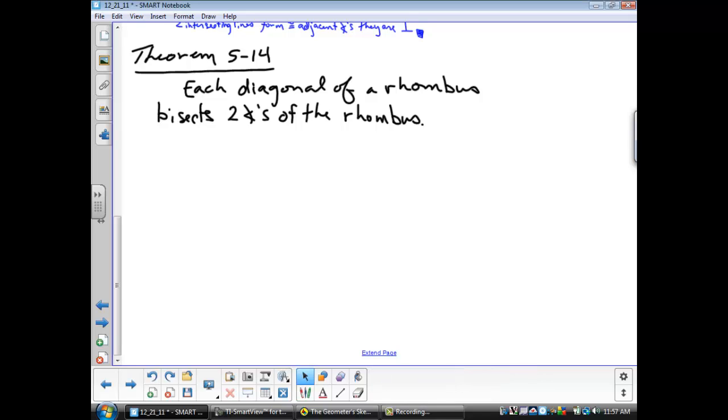Now, because we have a rhombus again, I need a parallelogram that's equilateral. And for the same reason, when I draw these diagonals, I am going to be forming four congruent triangles. Because diagonals bisect each other in a parallelogram, those triangles are all going to be congruent to each other by side, side, side. We're going to use that fact